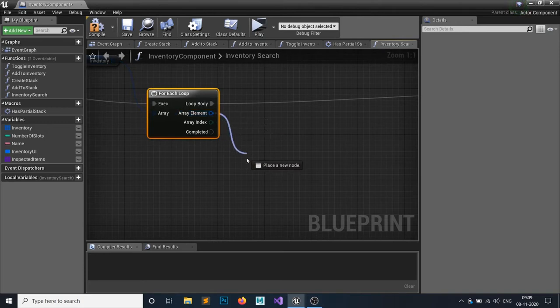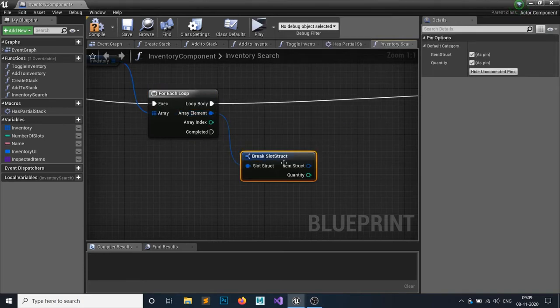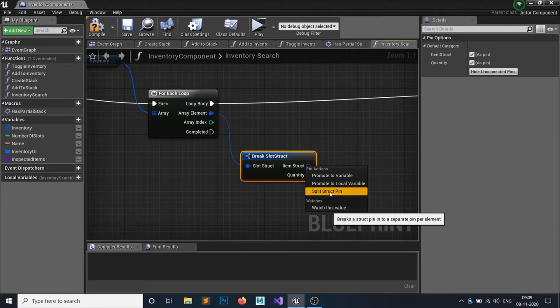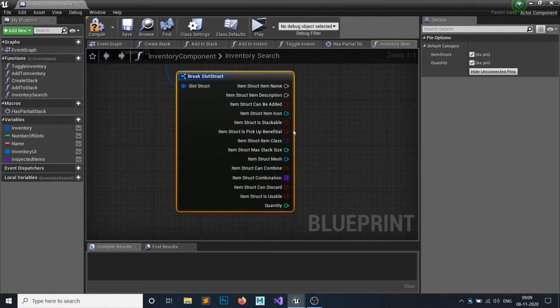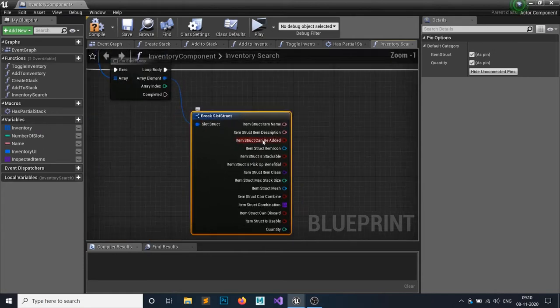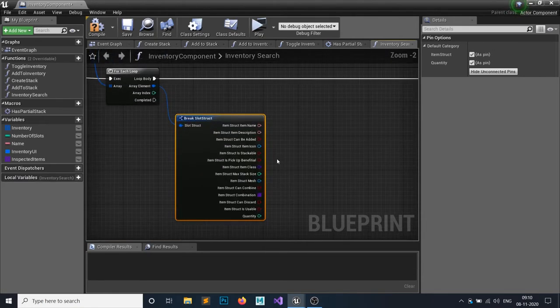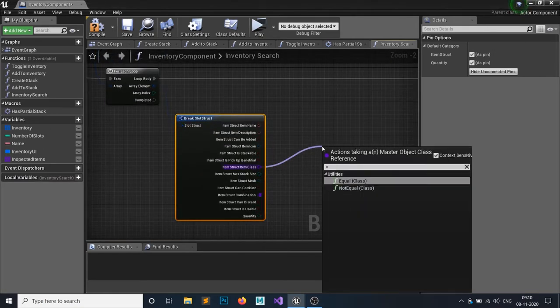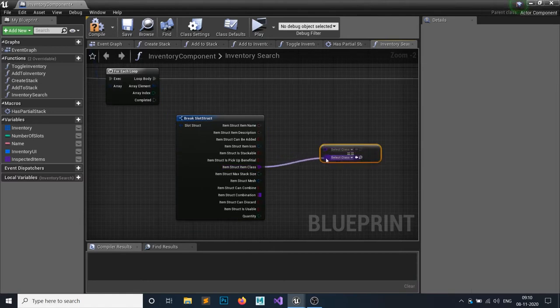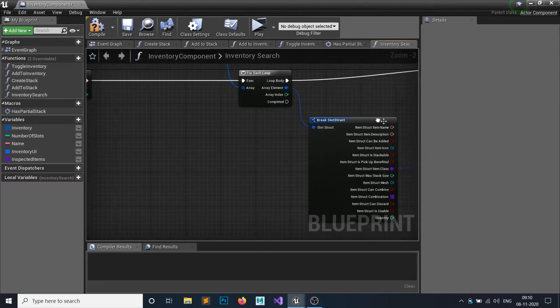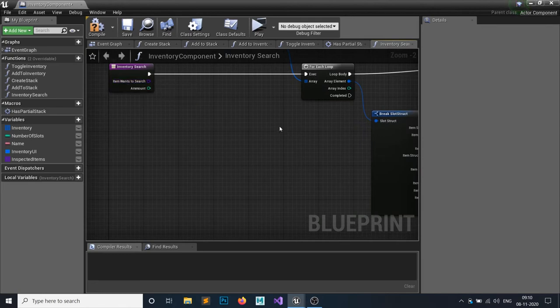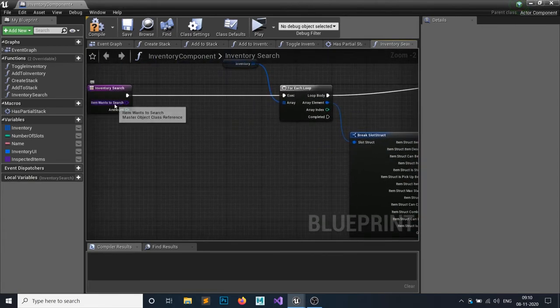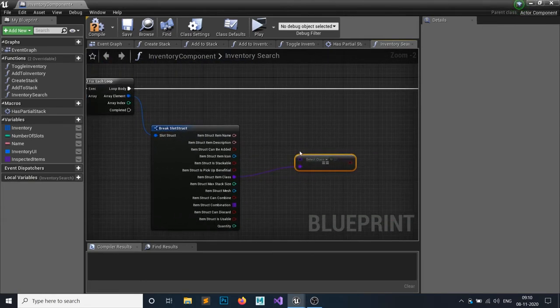So this is a slot structure, so I'm gonna break this slot structure and split out this item because I want to search this item class, right? So if it's equal to the item we want to search, this is items I want to search, so I can use this variable as a parameter in here.